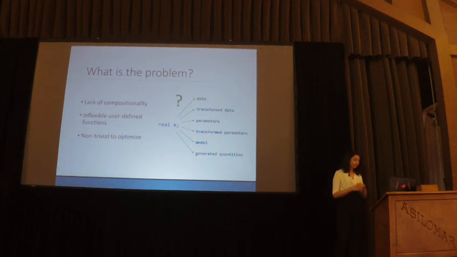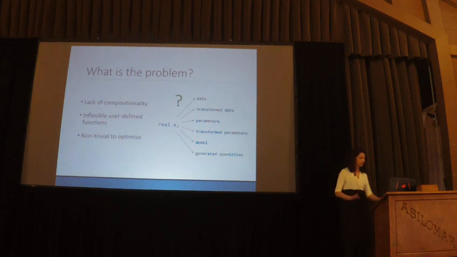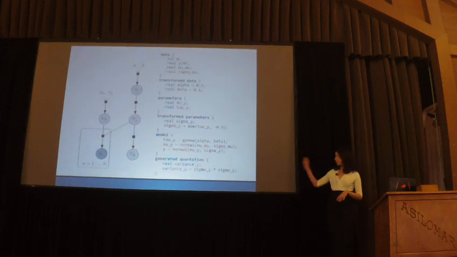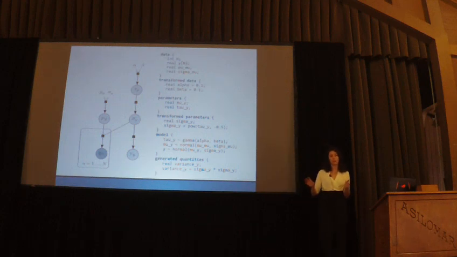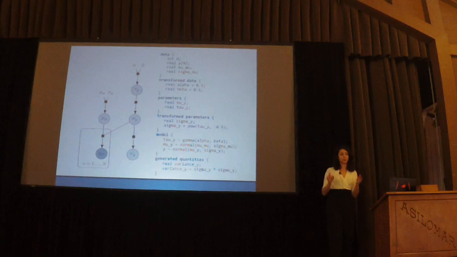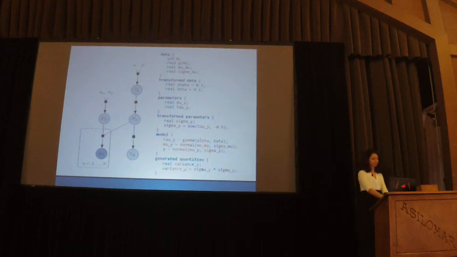And finally, how do we really decide where to declare a variable in a Stan program? How do we decide in what block to put it in? So for example, going back to this slide, we could have put the generated quantity variance y into the transformed parameters, and that would be an equivalent Stan program. But it will run slower because of the way inference in Stan works. So in order to optimize our programs, we need to know how programs are executed in a way.